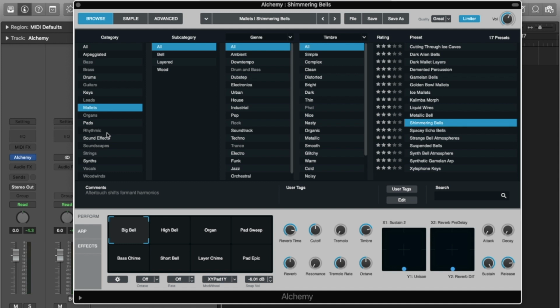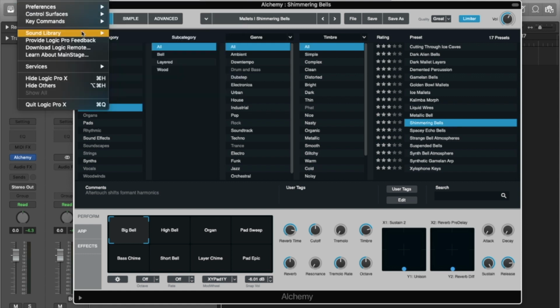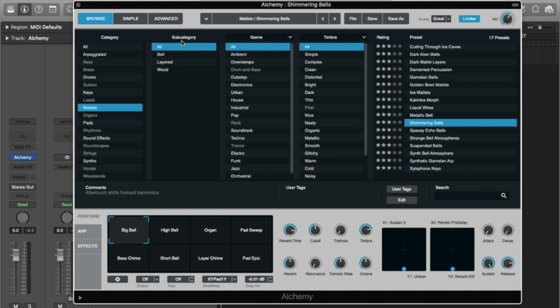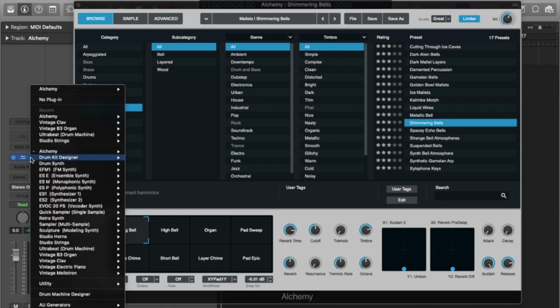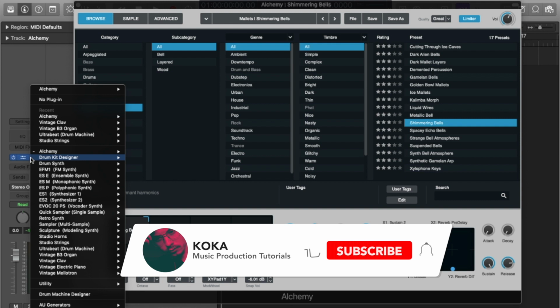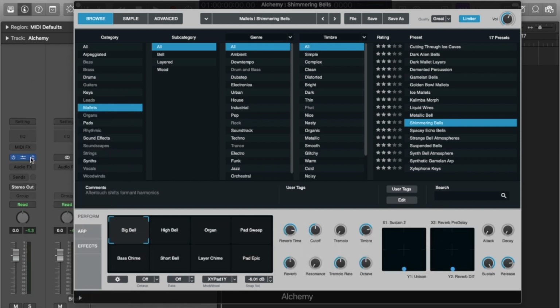And also, by default you won't have this preset showing up on your plugin browser because you have to download them from Apple servers. You can do that by going to Logic Pro X, sound library, and then download all available sounds. This way we will download all the samples, all the presets, all the sounds that come with Logic, not only for Alchemy but for studio horns, the pianos, the drums, the organs, the horns, and a lot of sounds that come only from Logic, from Apple servers. So you have to download before you can get this preset showing up on